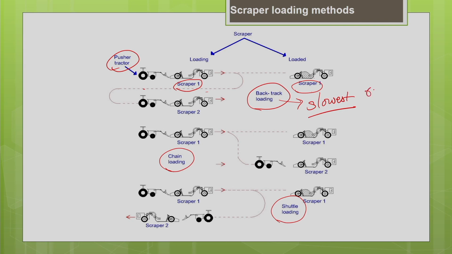Here you can see that the return time is more, because of the backtracking. The actual value will depend upon your project site, so we cannot tell the exact value, but basically your backtrack method takes longer time because the pusher has to return back. It has to backtrack, spot the next scraper and then start pushing it again in the